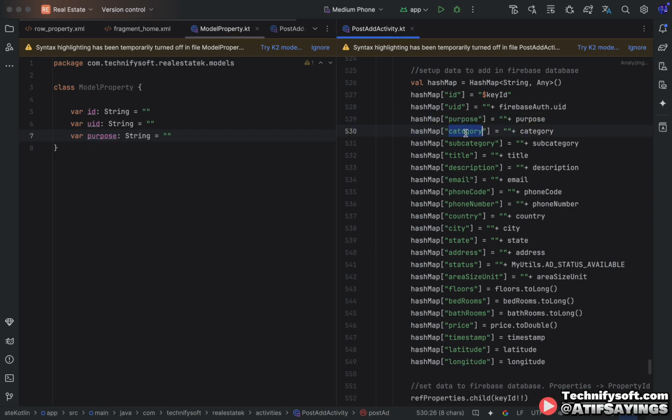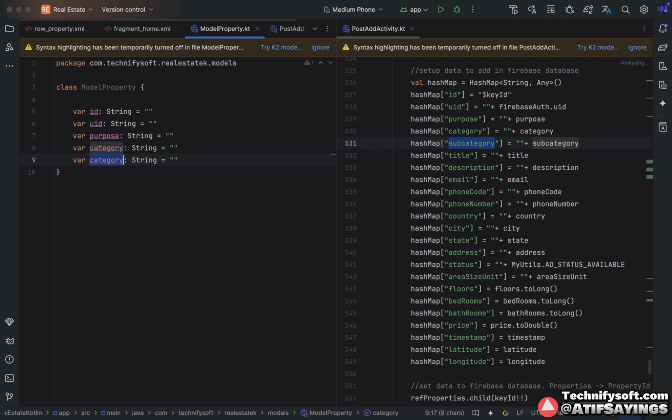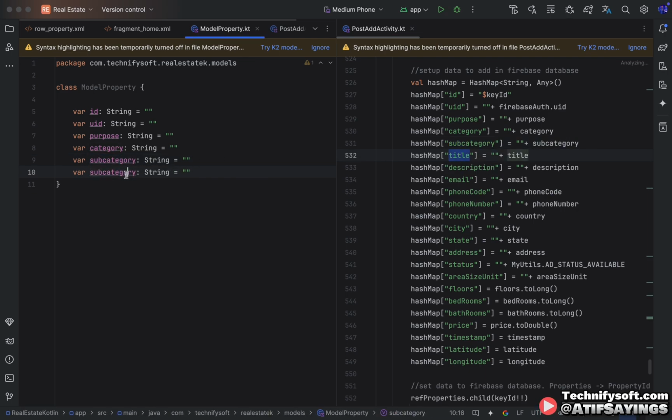Similarly, we will create a variable purpose and category and subcategory, title of the property, description of the property, another variable to hold the email of the user that published the ad, phone code that will also be of type string,